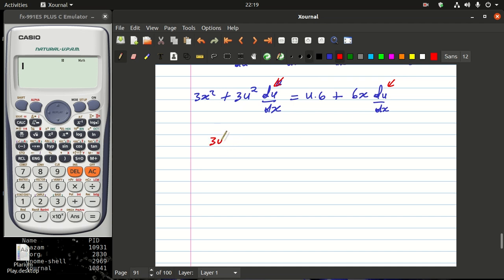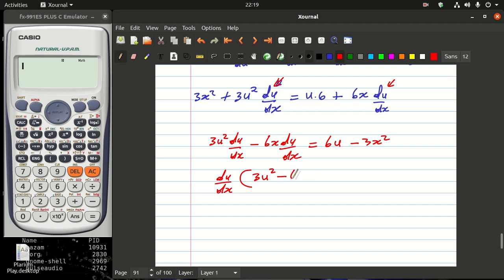So I have 3u squared du divided by dx. I take this and it jumps the equal sign, so it's going to change its sign to be negative. So I end up having 6x, and then I have du dx. And then on the other side, this one was just 6u, and then this one is jumping the equal sign side, so it's going to change to be 3x squared. And then I factorize du this side, so I'll end up having du and dx. And then here I will end up having 3u squared,